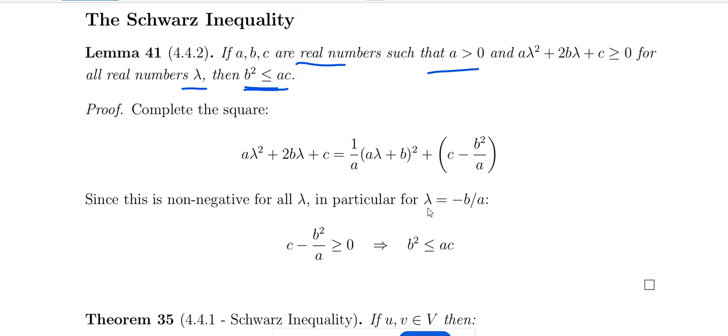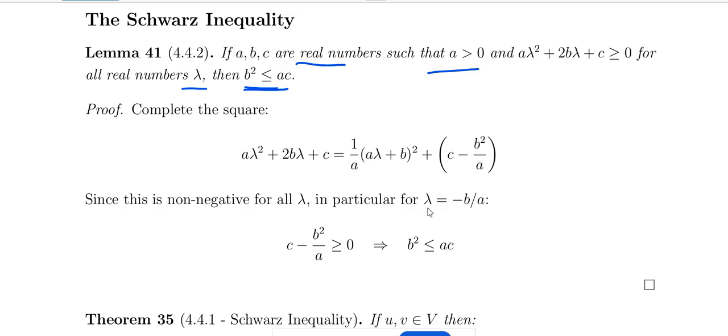That is, this is the quadratic equation in lambda. So when you write 1 by a times a lambda plus b whole square, this has become the a square lambda square. So we try the complete square method, that's the idea. Here a square lambda square comes, so we can apply the complete square for lambda. So that a lambda plus b whole square means here 2ab comes, and here